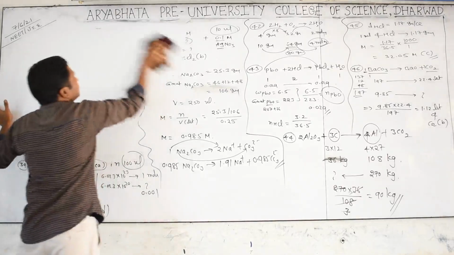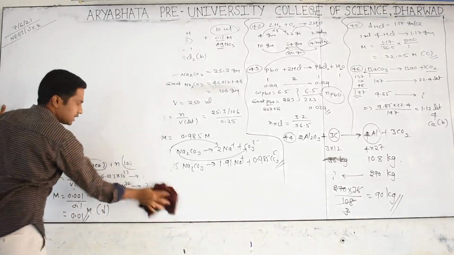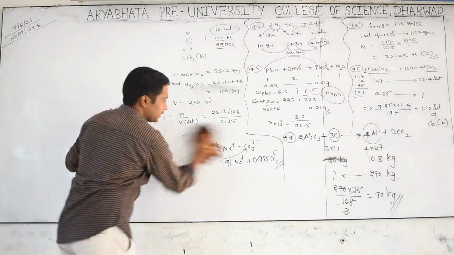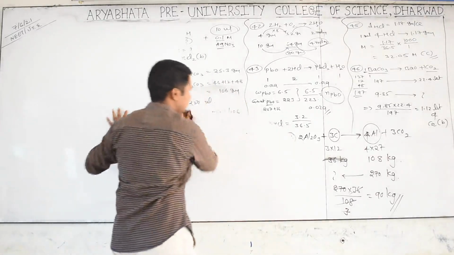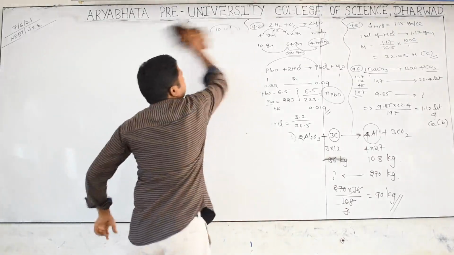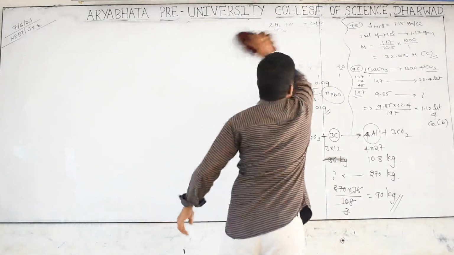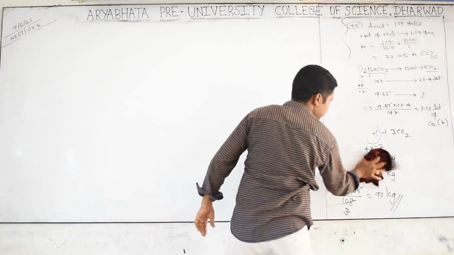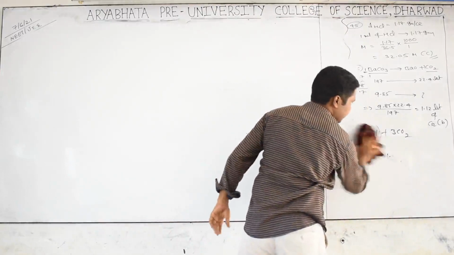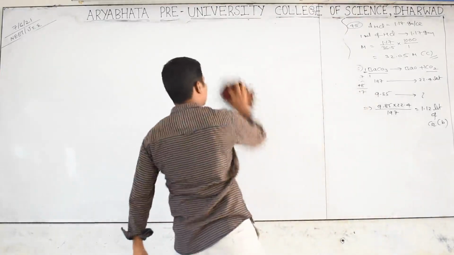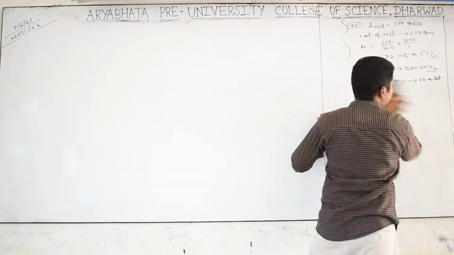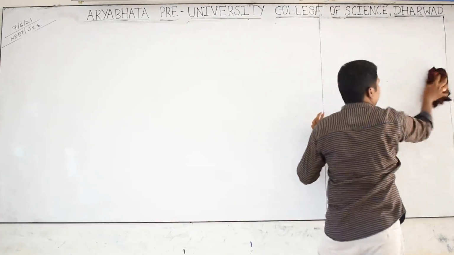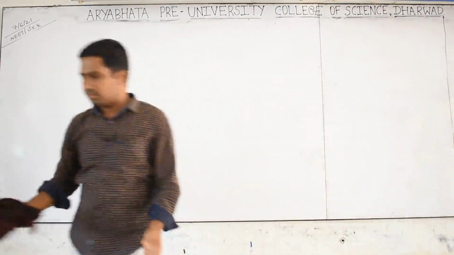Just read the question one or two times, understand what is given, and apply a related concept or formula to try to get the solution. First be strong in the synopsis, then try it yourself. It will take time also, no problem. Just do it yourself. If you are not getting it, then you can open that video and try to solve.